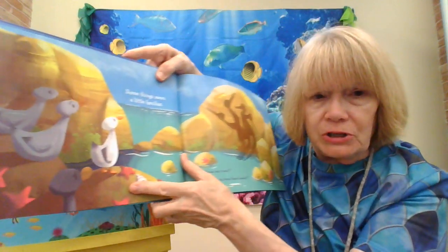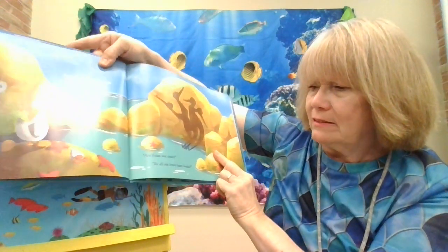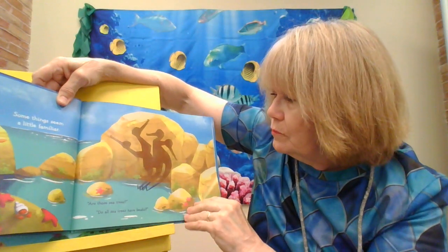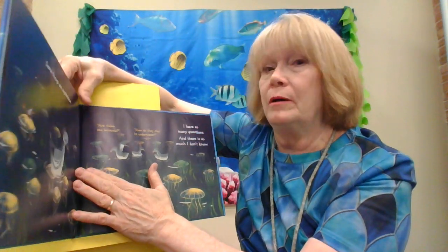I know that's a sea star, or a starfish, and I know that's a hermit crab. But what is that? Is that a sea tree? Do all sea trees have a beak? Isn't that silly? Some things are very